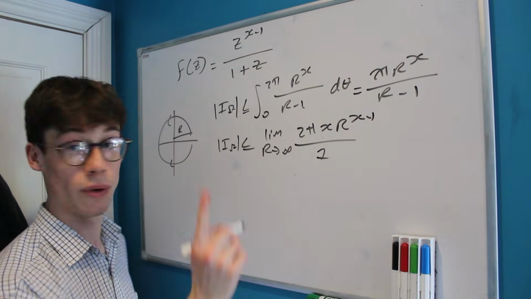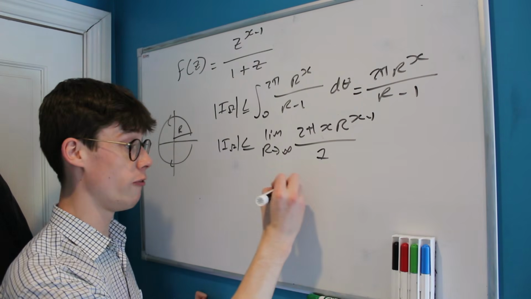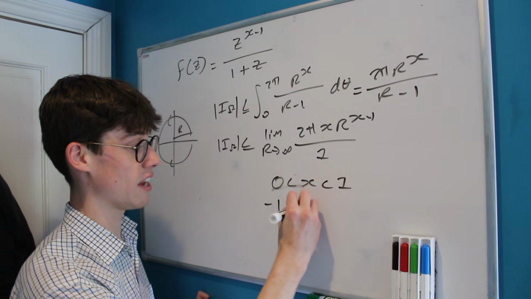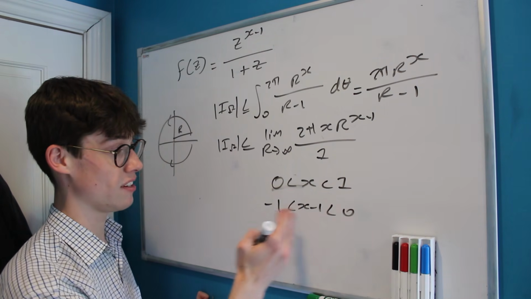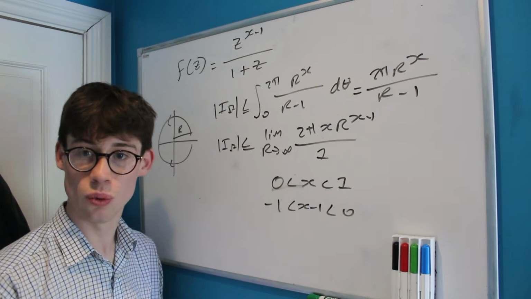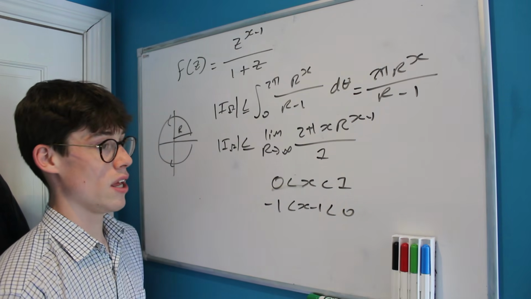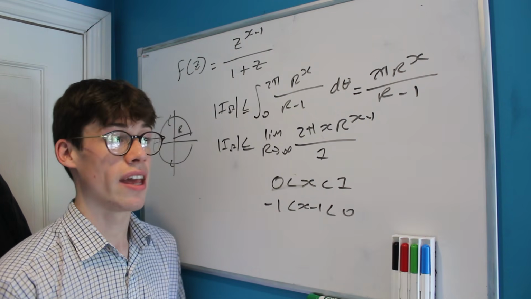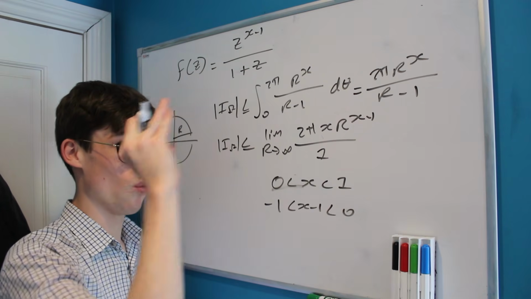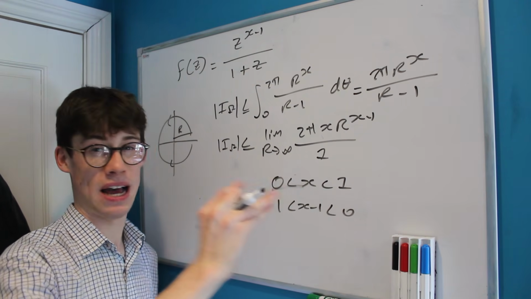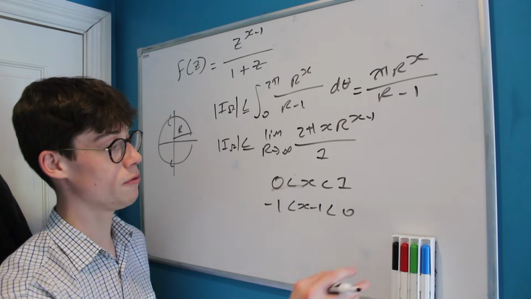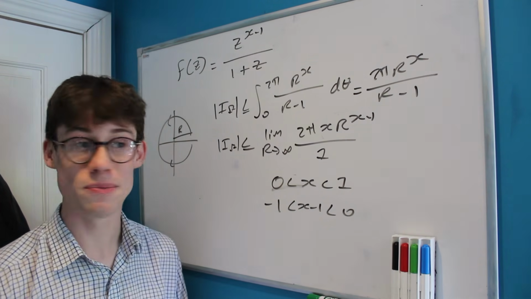But now we're going to use that same inequality we looked at before. Given that x is in between 0 and 1, that tells us that x minus 1 is in between -1 and 0, which means that our power of r here is always going to be negative. What does that tell us? It tells us that we're always going to be having 1 over r to the power of something, because of course a negative power indicates we're taking the reciprocal, and that puts us in a good position because